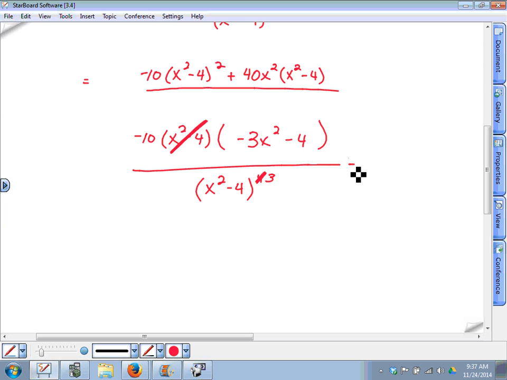And then I'm going to factor out a negative 1 from here, making that turn into a positive 10. So it's positive 10 times 3x squared plus 4 all over x squared minus 4 cubed. Okay. That's the second derivative,